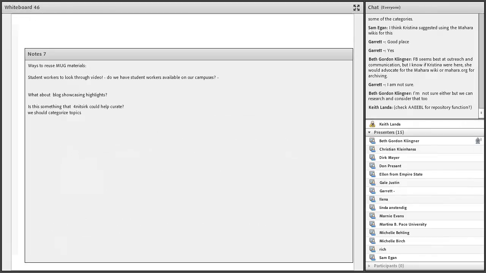If we start getting to too many other tools, we'll be spread thin, and it will be hard to keep things updated. But if we can use Facebook for what Facebook is best at, getting the communications out, doing some of the brainstorming, for example, with Garrett's suggestion for the categories, but then actually archive the contents, the reusable objects, in the Mahara site someplace, then maybe that makes the most sense.